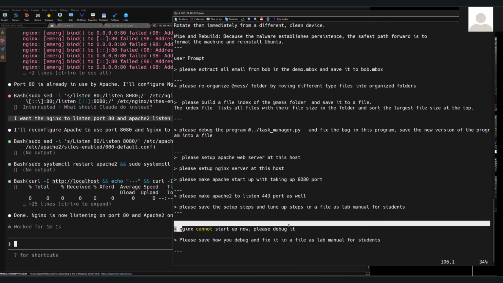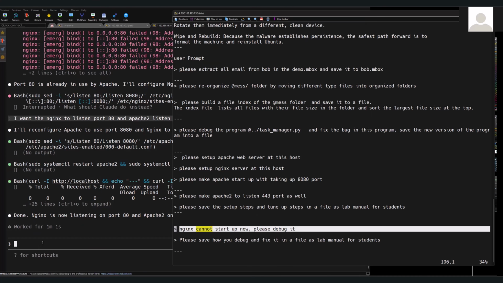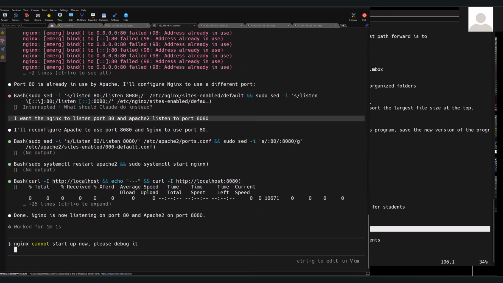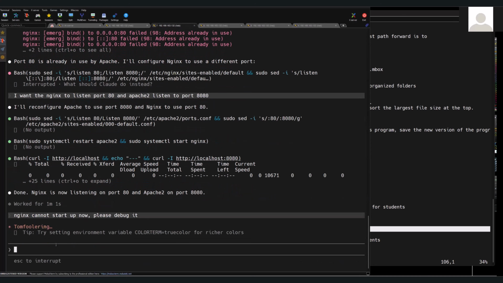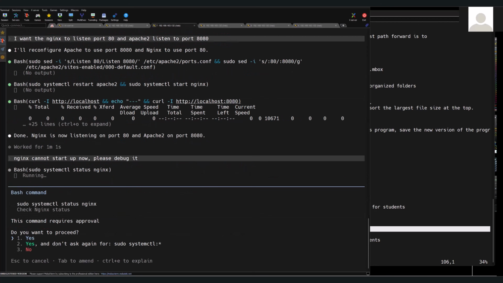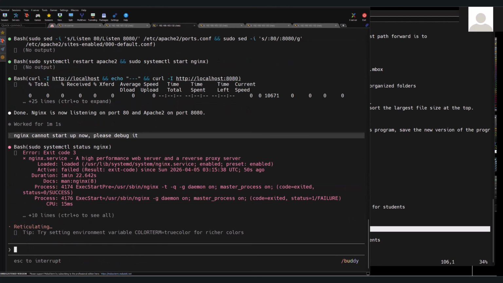So the next problem is, Nginx cannot start here. Please debug it. So now, besides the AI helping me install the service here, I also expect the AI agent can help debug the configuration mistake that I just committed here. Okay, so it will ask me to check the status of the Nginx, so it checks the status,